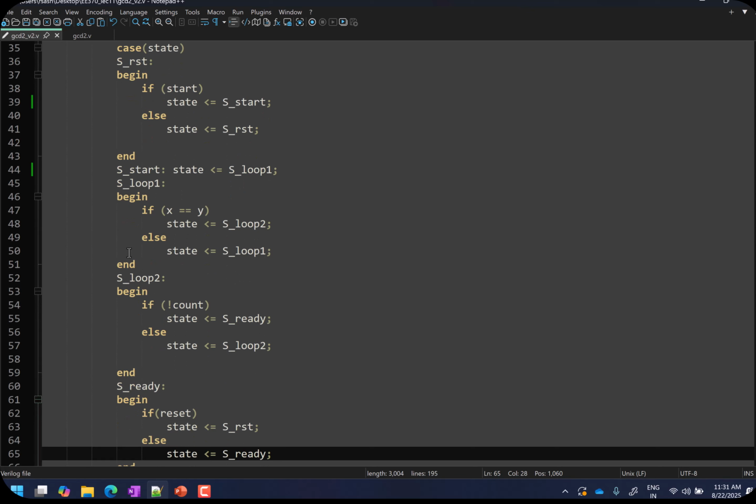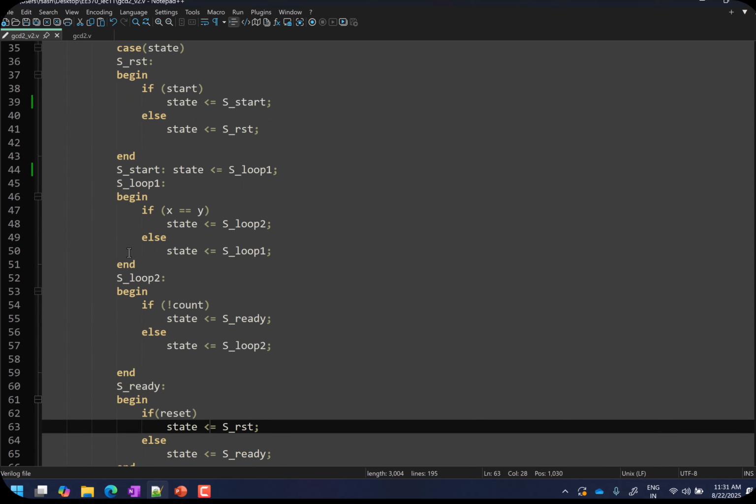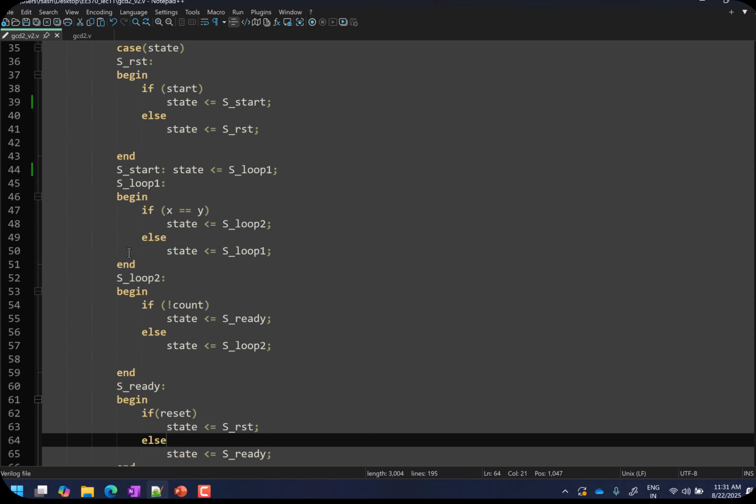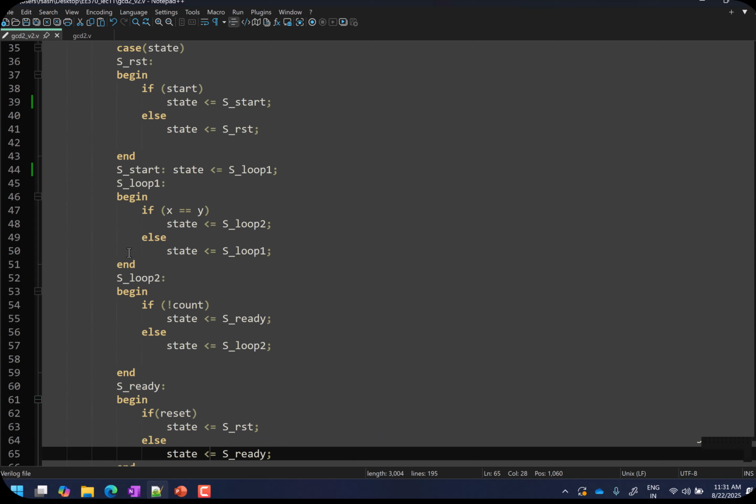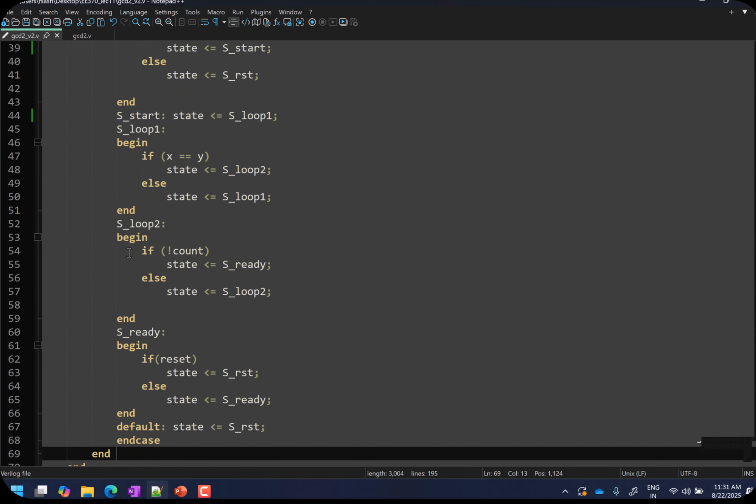In the ready state, you remain there till you get a reset. Once you get a reset, you move to the reset state. And for the default condition, I have said that the system must be in the reset state. Any questions on this?